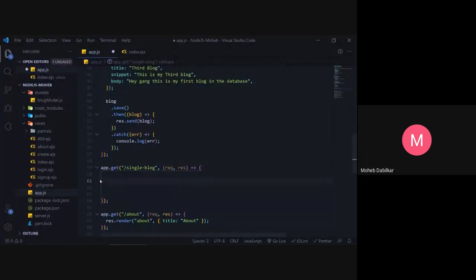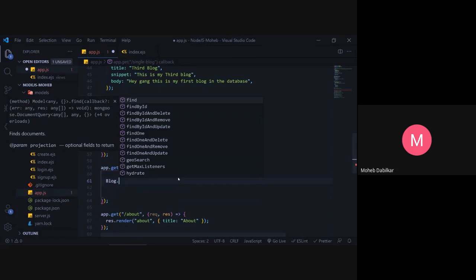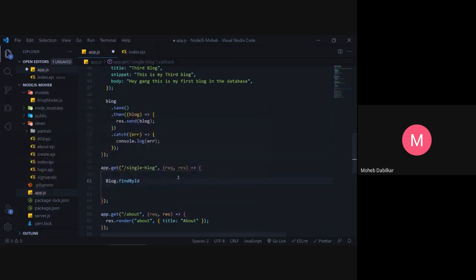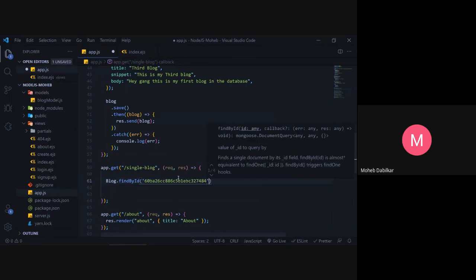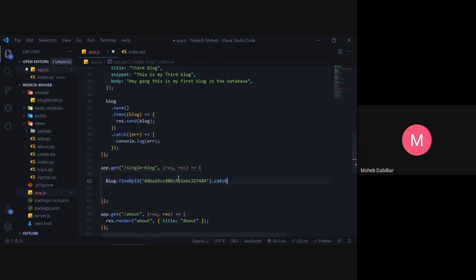So the basic idea is you just tell it to find it by ID. So now blog.findById, and then inside this we will just pass in the ID. Right now we are specifying the ID.